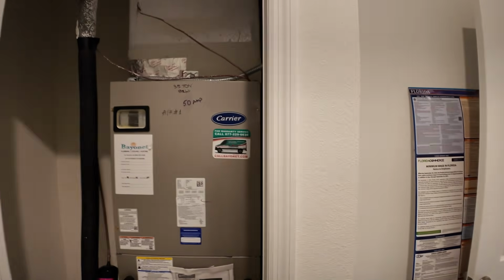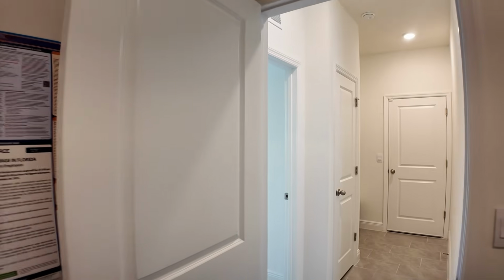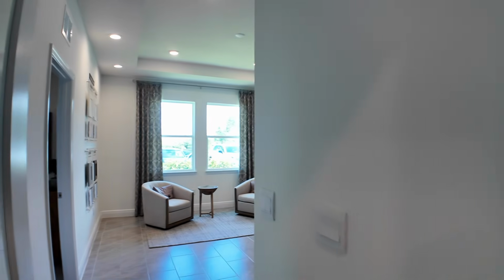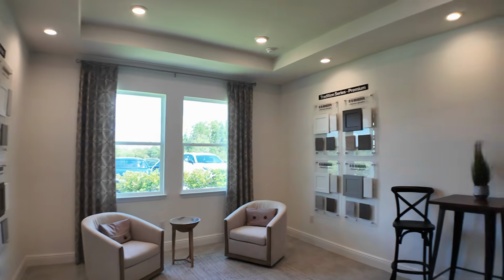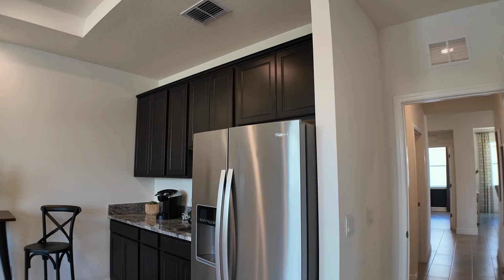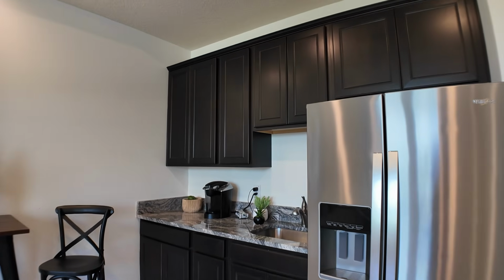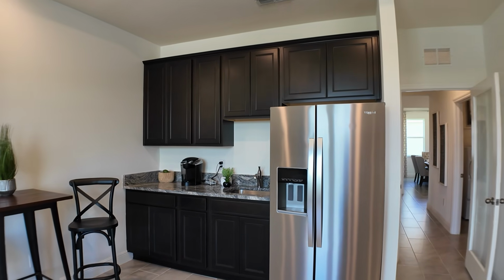And then here we do have some of our AC units inside of the home, which I know for a lot of my out-of-state people, that's kind of surprising. And then here is the incredible super feature of this home. So I told you at the beginning of this video that this was the most unique and functional multi-generational living floor plan. So that's right, with this home, you get your own little kitchenette area, and this is perfect if